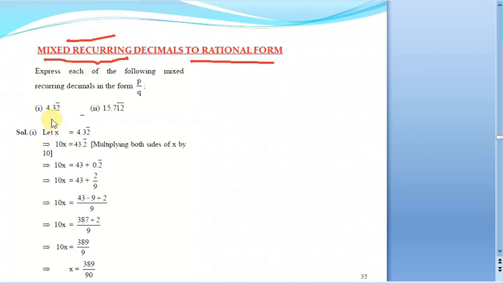Now let us see how to convert these particular things, that means the decimal forms, into the rational form, which is our p by q. So remember, these are also non-terminating repeating. So these are also rational numbers only, which we can represent in the form of p by q. Now let us see this first example. So here we need to convert this thing into p by q form. Now see, always consider the thing we have to convert as x. So here I will suppose x is equal to 4.32 bar. So just see here, 32 bar means what? It is 4.3222 and all.